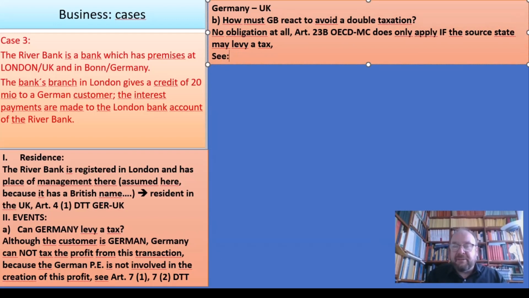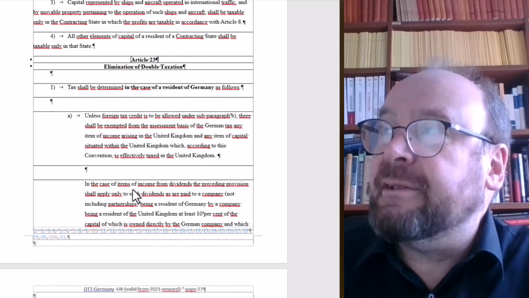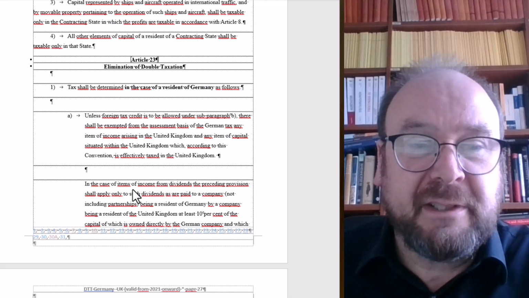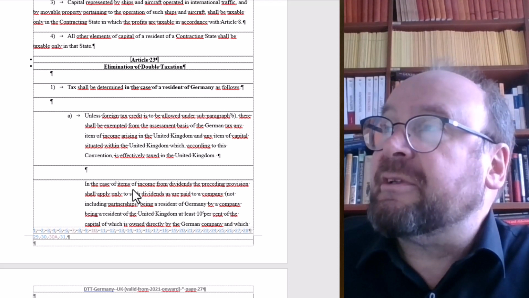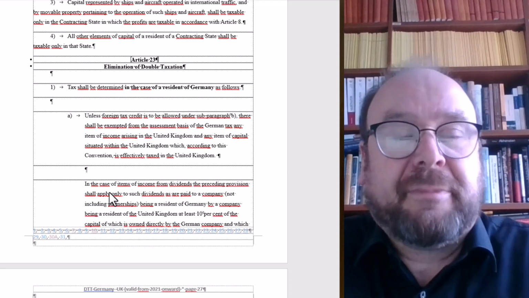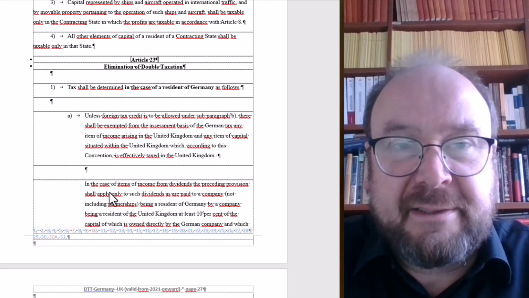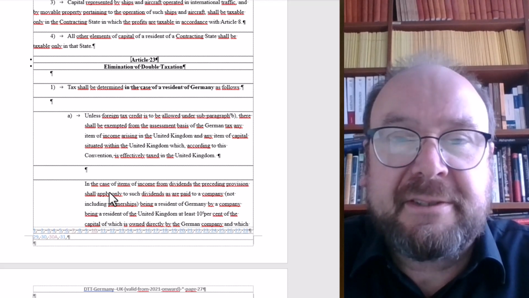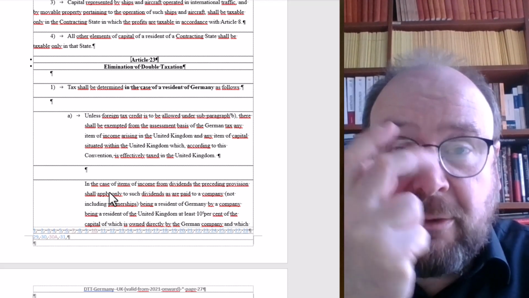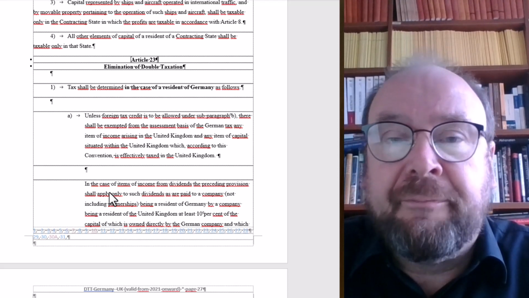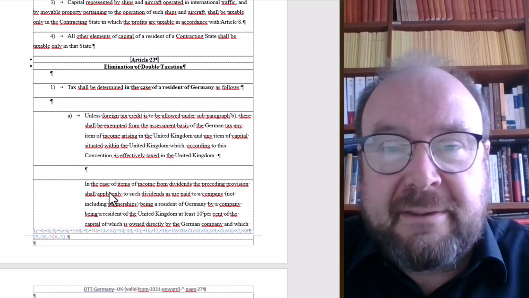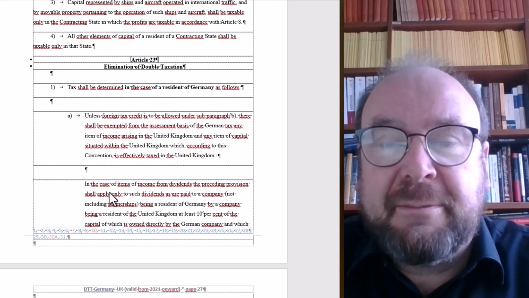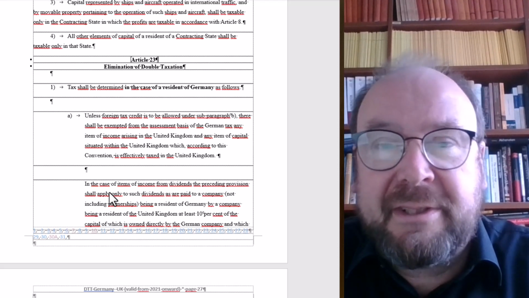Now, see where we can find this in the concrete text in the Double Taxation Treaty, Germany-UK. That might be still interesting to find. So let's have a look. As you can see here, Article 23 in the OECD model has indeed the number 23 also in the British Double Taxation Treaty. And as you know, because states have different ideas concerning if they want to copy the A or B variant of Article 23 OECD Model Convention, usually the approach is that every state promises in Article 23 that they are going to use the best method which under their law and culture is available,